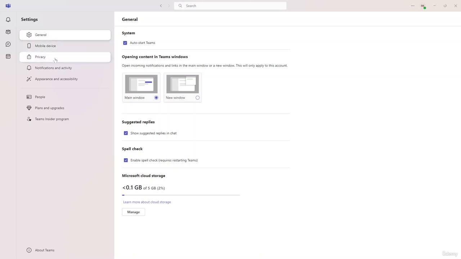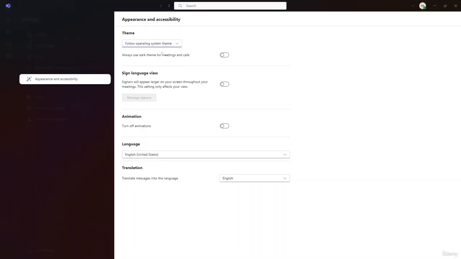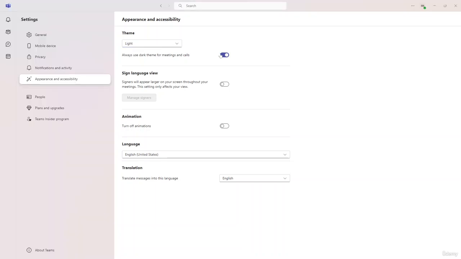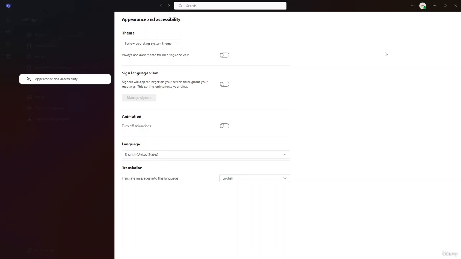and also more. So for example, let's use the new Windows. You can have the new Windows, or if you want to use the appearance and accessibility with the themes with different colors. So this is the default one. For the operating system, you can have this one, and always use the dark theme for the meetings. You can easily use it over here. For example, let's select this one. Okay,